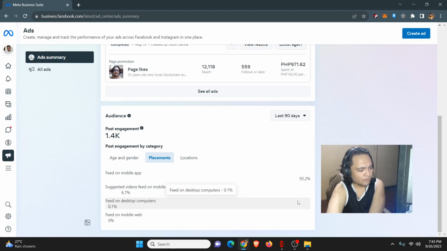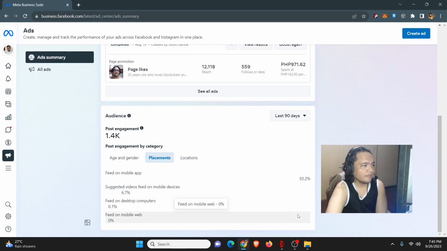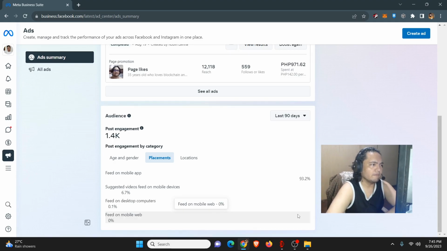So we know people who mostly browse Facebook must be browsing on the app, and less on desktop. That's a good insight, that most Facebook users are app users, and literally 0% on mobile web feed.